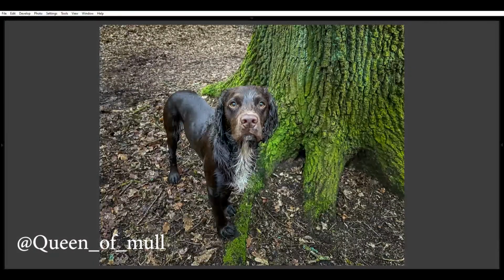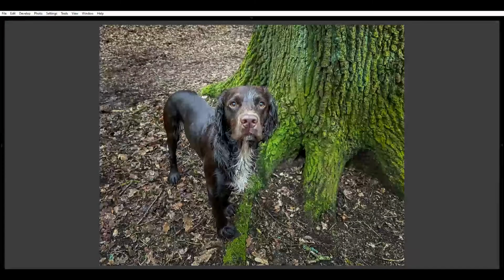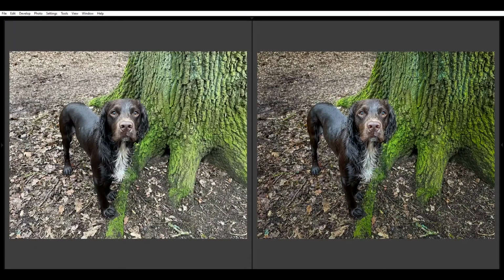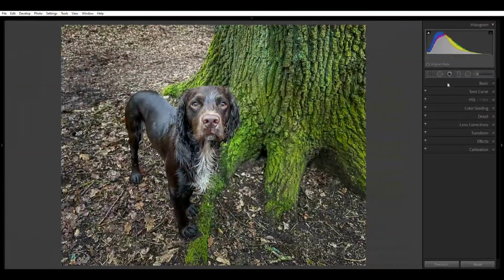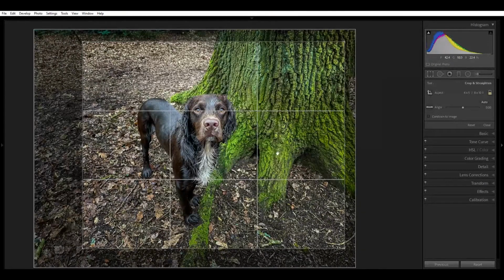Again, another gorgeous image. This one, I feel that it's like hurry up, throw the ball, or hurry up and throw the stick. Lots of fun's obviously been had here, swimming in the water, and on the left hand side is the image that I received, on the right hand side is the image that I edited. I didn't add a preset to this one because this image just wouldn't really accept a preset, it just wasn't working. What I did do is I added a crop and I put the eyes on the top third line,